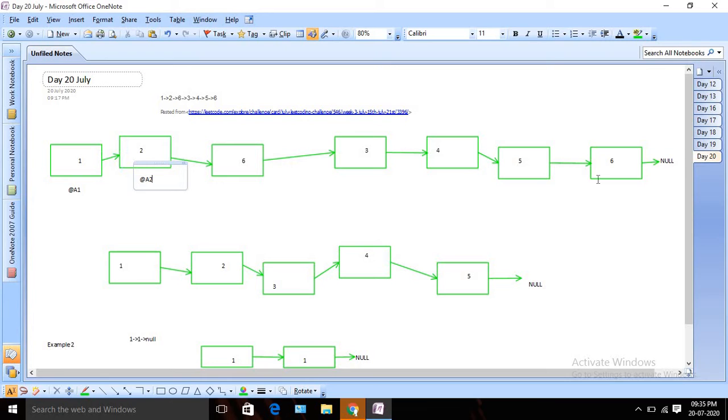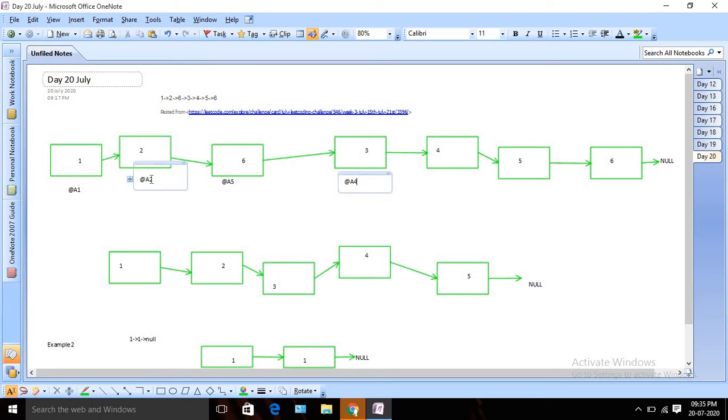So it's pointing to the location, not the value, right? All the nodes have different locations, and it's not like after 1 it will be 2. It can be like A5 also, right? It's not sequential. It can be A4 like this. So every node has a separate location, and it's pointing to that location, not the value. So it's not like an array where it's the exact next memory location. It can be any location, but it has a pointer. So one is pointing to this A2 location. That's how a linked list works.